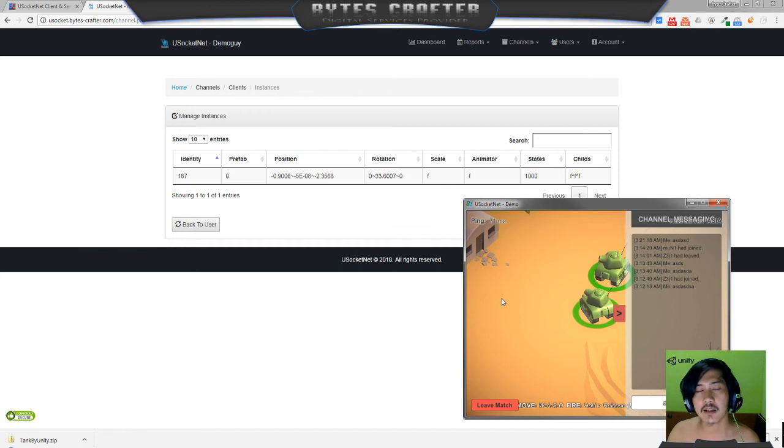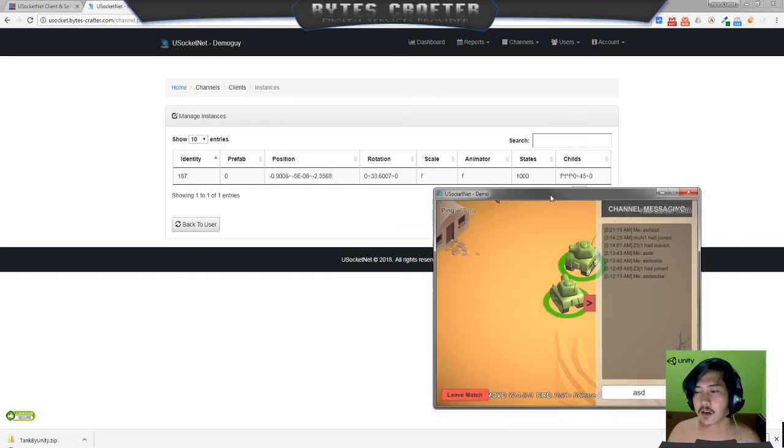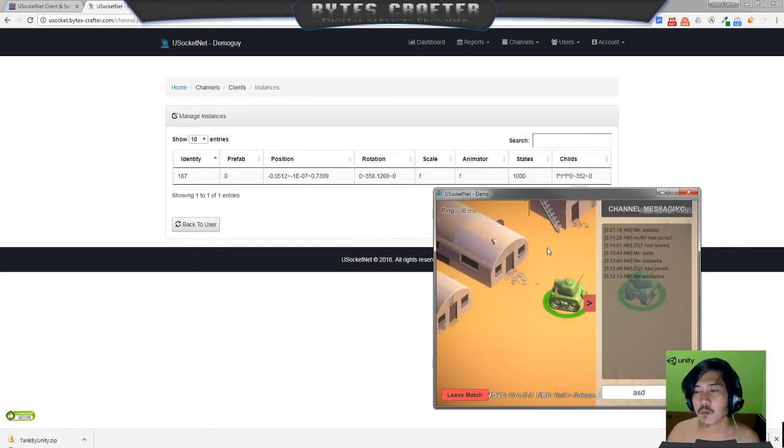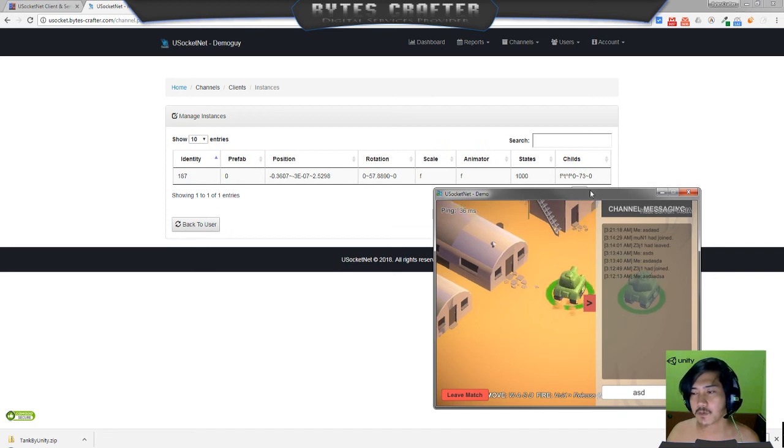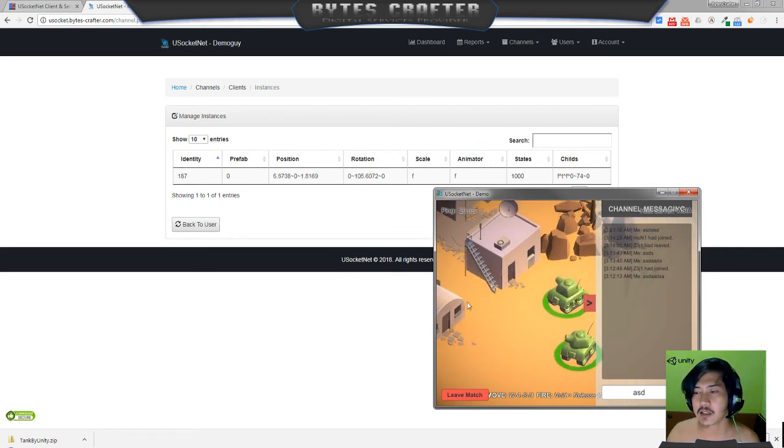And the states can have multiple. So basically, it is a list of strings. You can have multiple states. For example, an index of state 0 is for health, index of state 1 is for SP, index of state 2 is for MP. Just for example, you can have multiple states depending on your design. So currently we only have one child. As you can see, this is the child. This is the turret, the rotation.